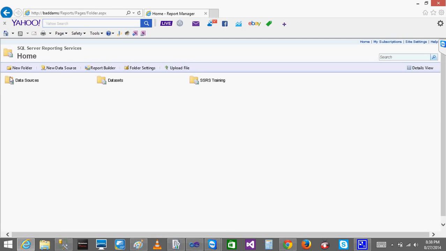So, now I have deployed the data source and data sets to SSRS training. My scenario is that I want to deploy this data source and these data sets inside the SSRS training folder. I do not want to deploy them separately to the SSRS training, because see, when I deployed, what is happening here,